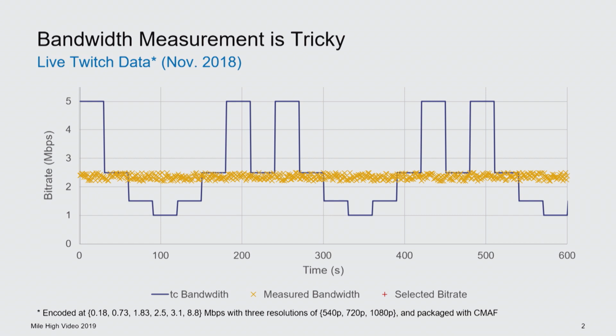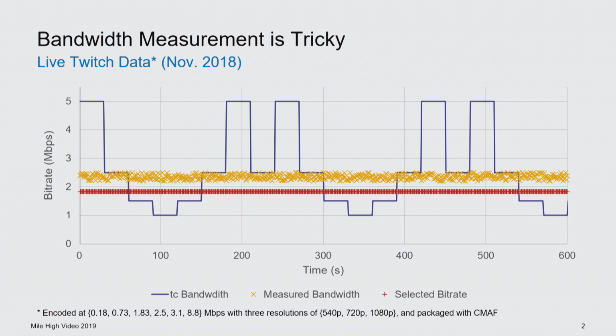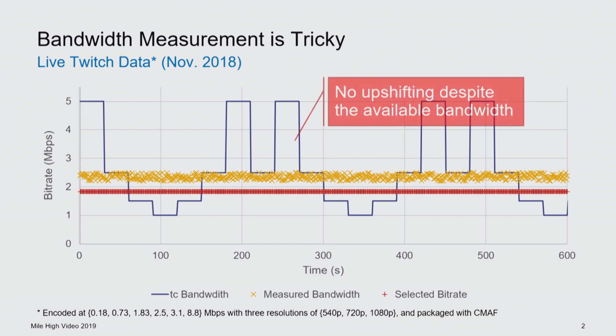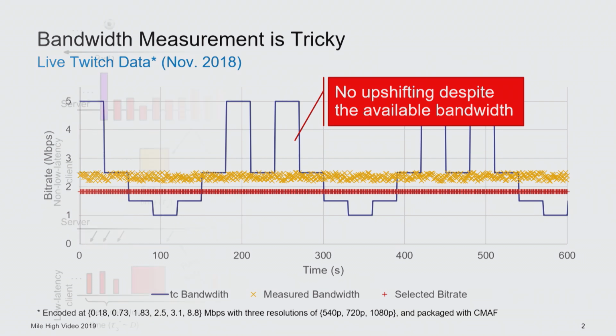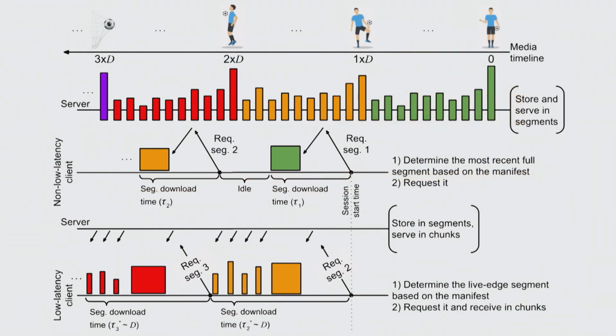stalling during the playback. So the client, based on this measurement, will go with a requested bitrate of 2 megabit per second. Well, when you have 5, you ask for 2, you are okay. You are just underutilizing the network. But when there is 1 and you are still asking for 2, well, we know what's going to happen. You are going to run out of data in your buffer. So it's really a problem because the client is not able to predict the bandwidth accurately. This is why it's happening.